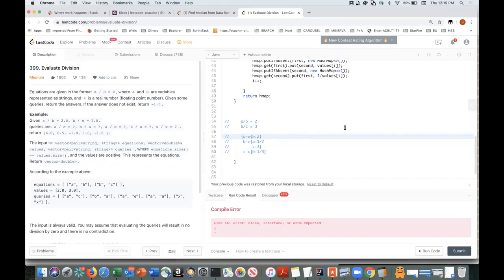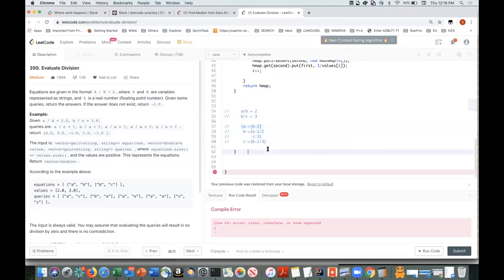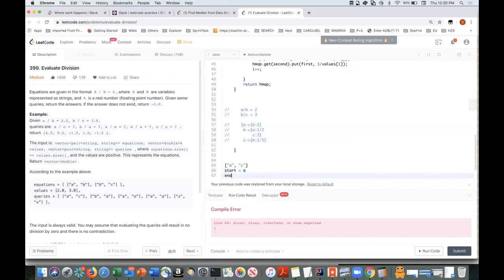So how I'm solving it is, I start with this problem, which is A and C. So my start will be A, my end will be C, right? Now I need to go to this hash map, and when I go to this hash map, my start is A, but I don't have an end value here in my submap for A.